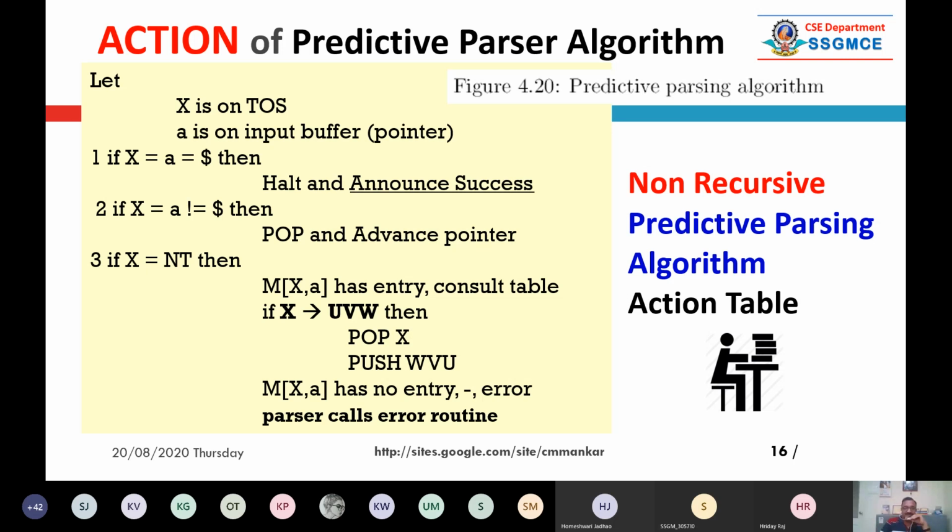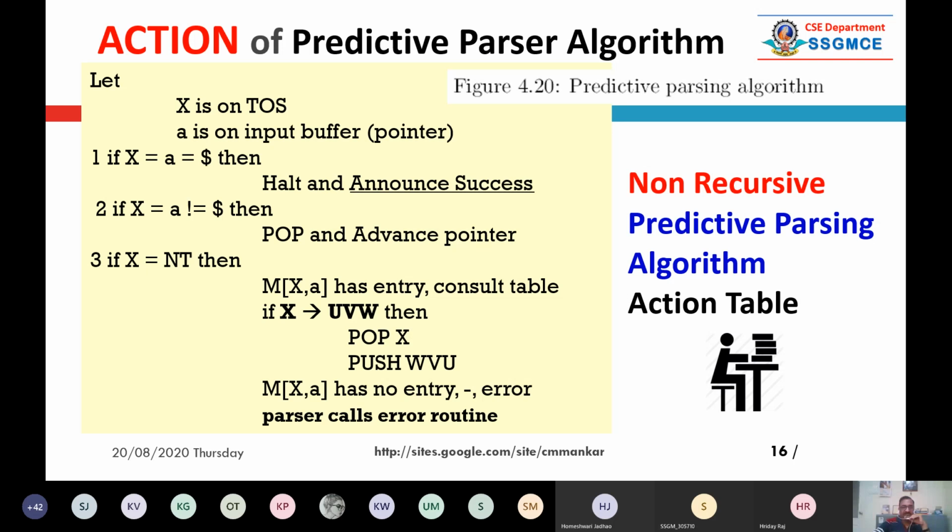And if the top of the stack contains something, but if you refer that parsing table and there is a blank or a dash, it means that there is some kind of syntax error. We don't know right now what kind of syntax error is there. Maybe some missing or whatever, or spelling mistake or something. But if you are referring during your parsing to the blank entry in a parsing table, it means that there is some error. So normally the parser calls some error routine. It may be some call or jump statement and it executes a particular function and it resumes the parsing again.